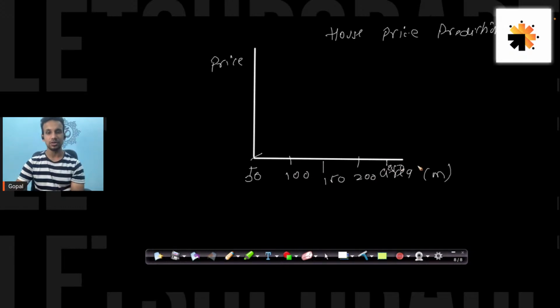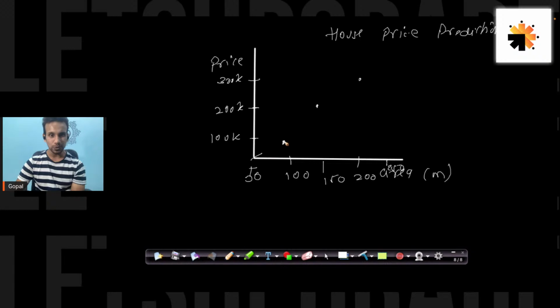Based on that, obviously the growth will be linear. What do I mean by that? For these it will be 100k, let's call it 200k, let's call it 300k, something like that. I'm just plotting a simple xy plot here.